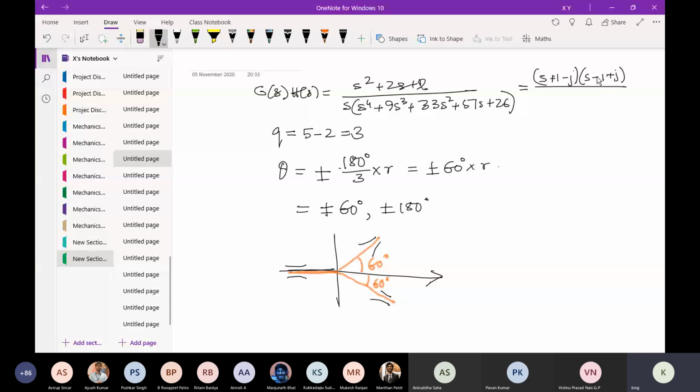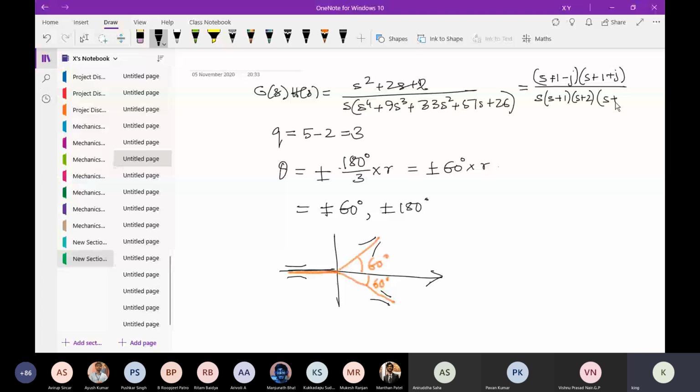And the bottom part will come out as, we already have an S, and then S plus 1, S plus 2 will be the factors, and